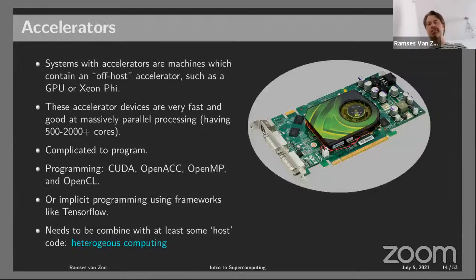So for some applications, this is great. You have to think of things like machine learning or molecular dynamics simulations, where you have, say, a lot of particles or a lot of data points, and the same thing has to happen. They are really good at that. Other applications might not run as efficiently on accelerators because they have to constantly do different things for different data points. But because of simplicity, they can be made much larger with many more cores than you could in a general purpose chip.